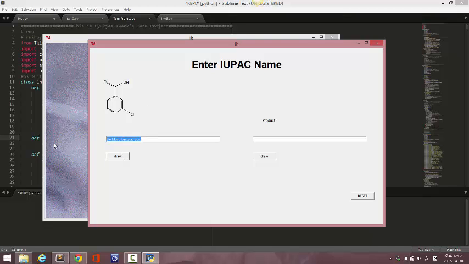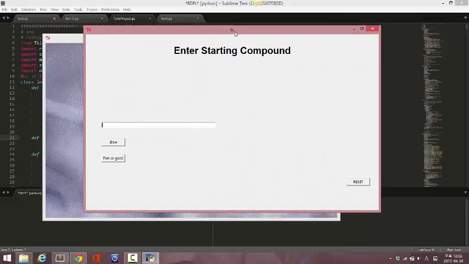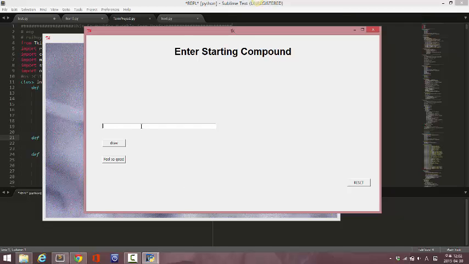And with that, it works also for linear structures, such as this one. So this one's a linear structure with this alkene and an amide and two chloros. So basically, it works for almost all organic compounds, and it also works for fine functional groups, such as this one. So to start with the reaction mode, you start with entering a compound you want, and the